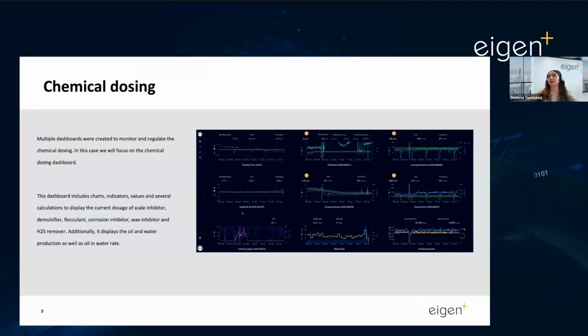Okay. So as we've been shown before, there are several dashboards that we included. We have the main one, the chemical dosing dashboard, and we also have one for a scale inhibitor and also for the tank level. And these dashboards include graphs, indicators, values, and lots of calculations